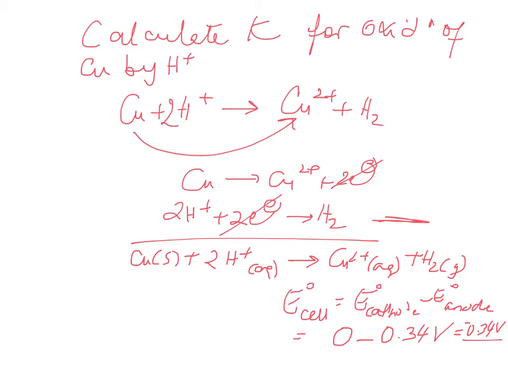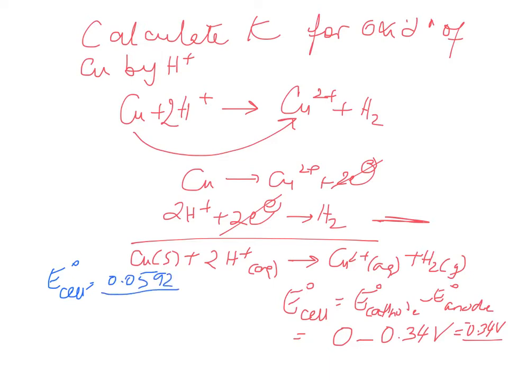And notice my value came out to be negative 0.34 volts. That means the way this cell has been set up, if E0 itself is going to be negative, that should tell you that the reaction is going to be non-spontaneous, or in other words, a difficult reaction to begin with, a slow reaction to begin with. But we still need to prove our point, so let's see if we can determine the E0 cell, and that is